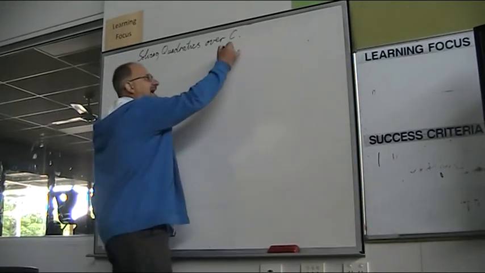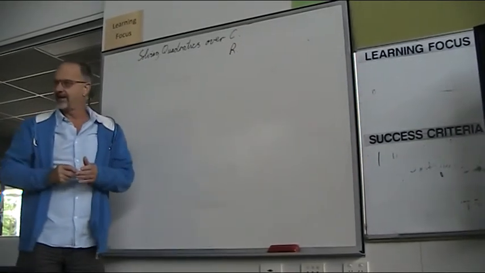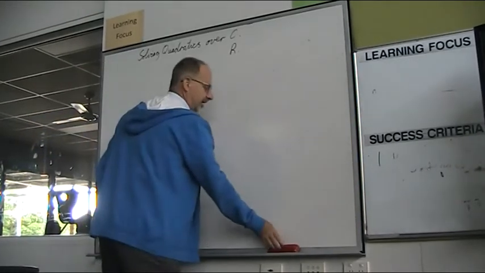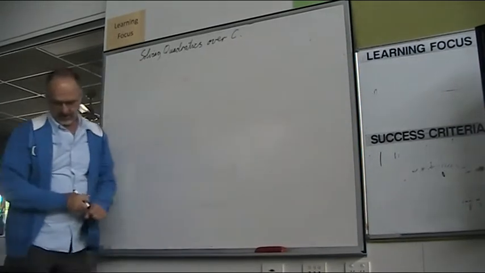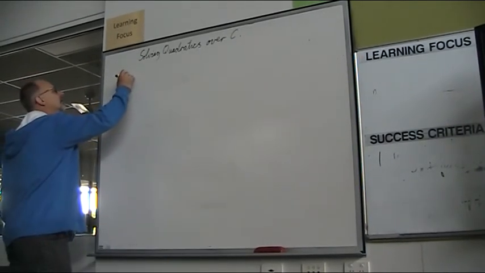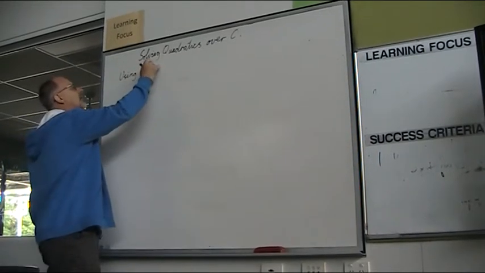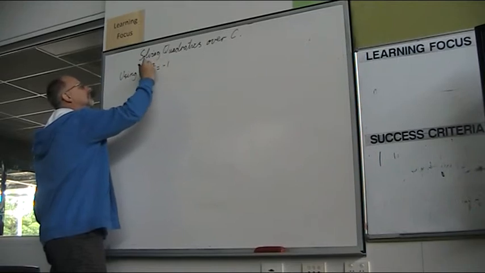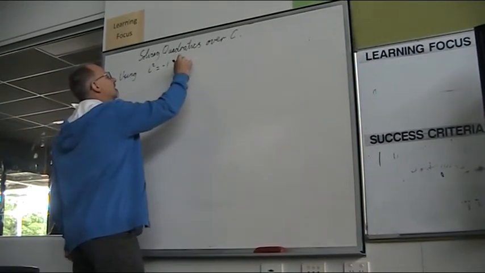Alright, so over C just means you can have complex number answers. If it's over R, which is what we do in methods, then we can't have complex number answers, we're only after real. So over C, complex answers, so again of course using i squared equals -1. Expressions such as